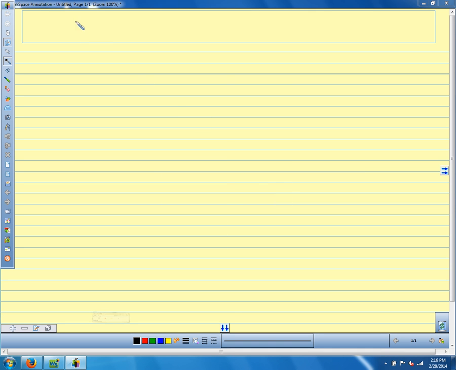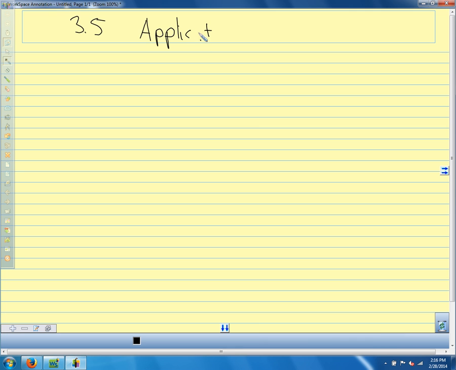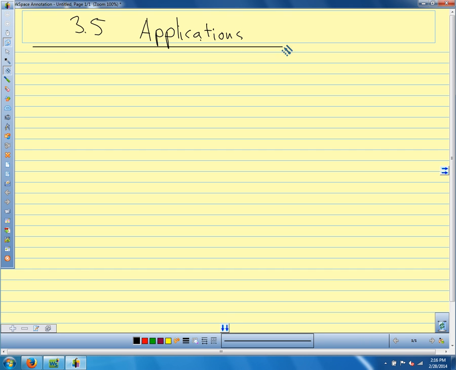So we're in section 3.5, and we're just going to talk about some applications. So we're going to talk about three different kinds of models today. Exponential growth,